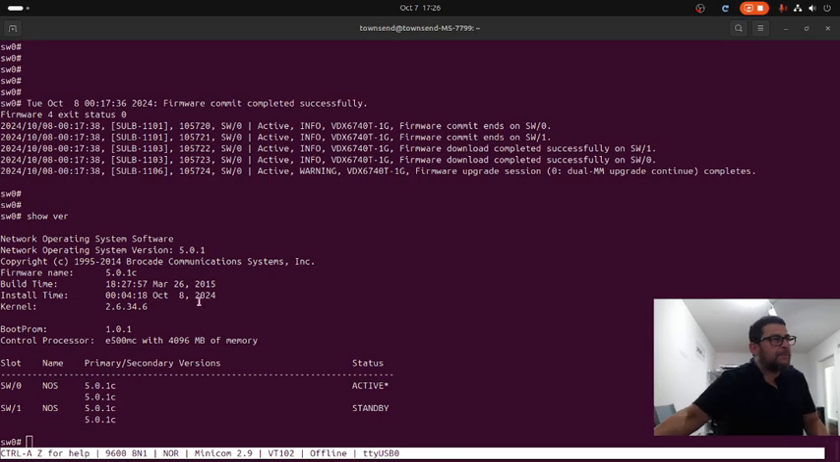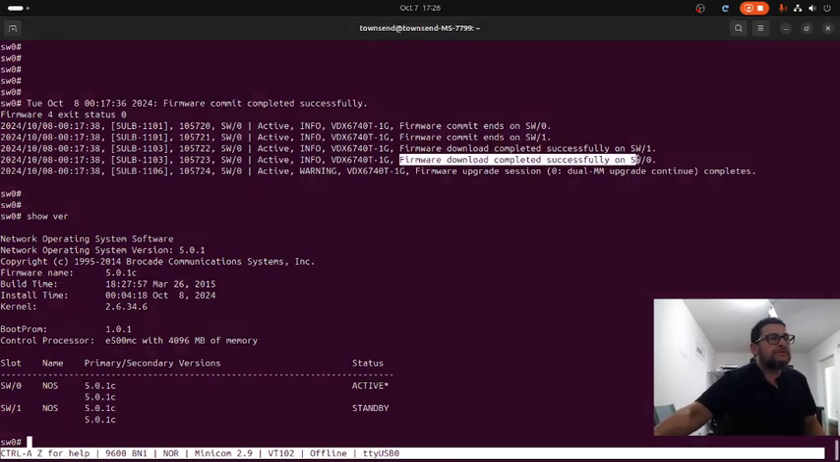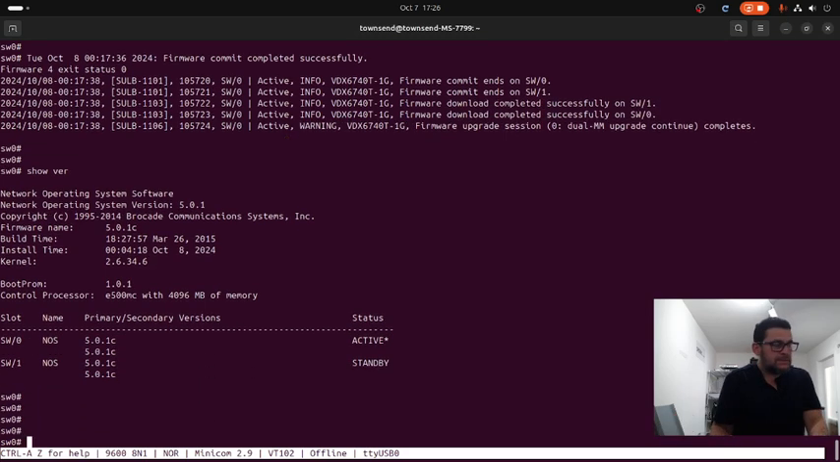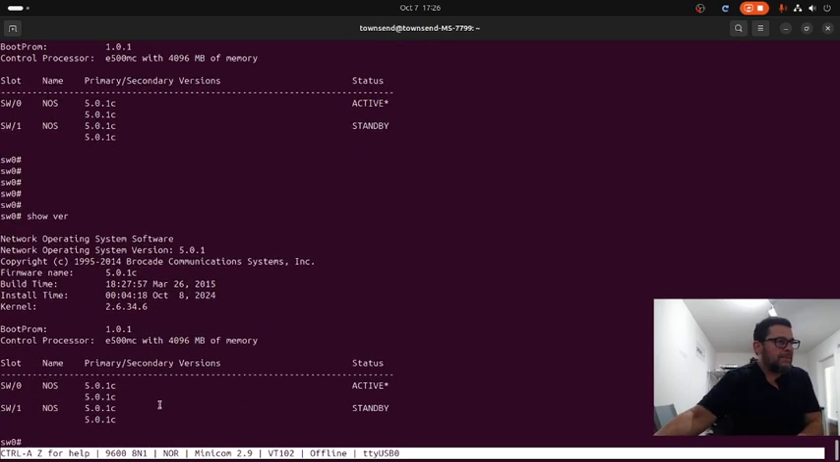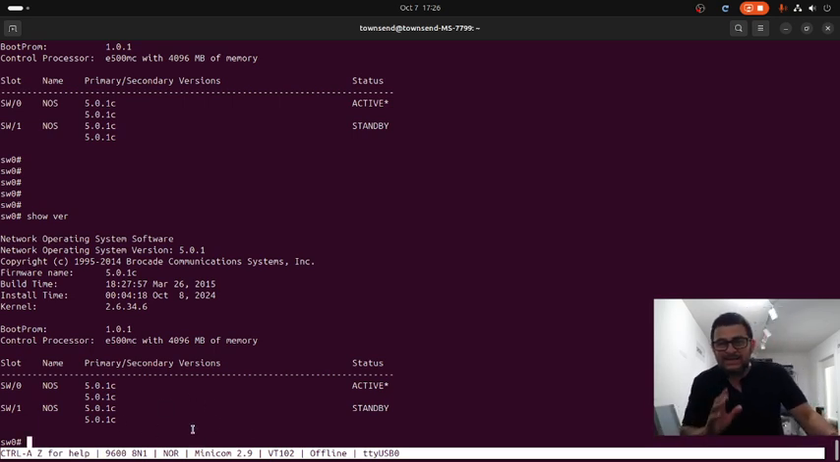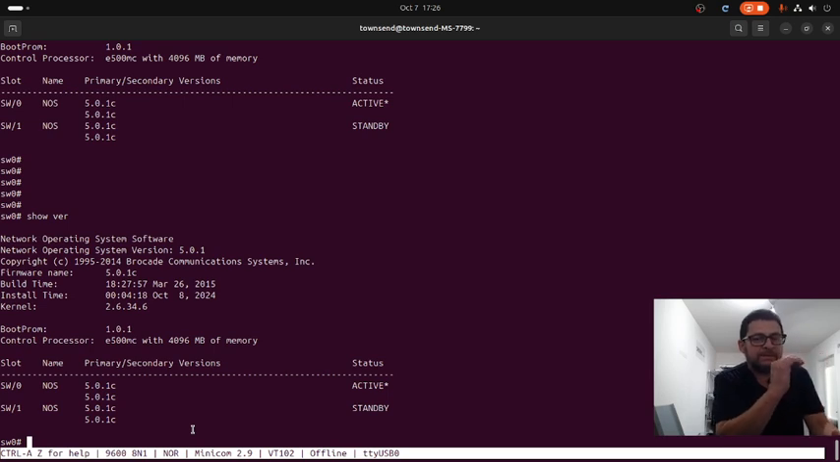So after a couple of minutes, you can see right here that all the firmware was completed in both partitions on both switches. So let's show version. Well, we already have that. Now we are going to downgrade to version 4.1.3, which is the version that the customer wants. So let's execute that. In this particular version